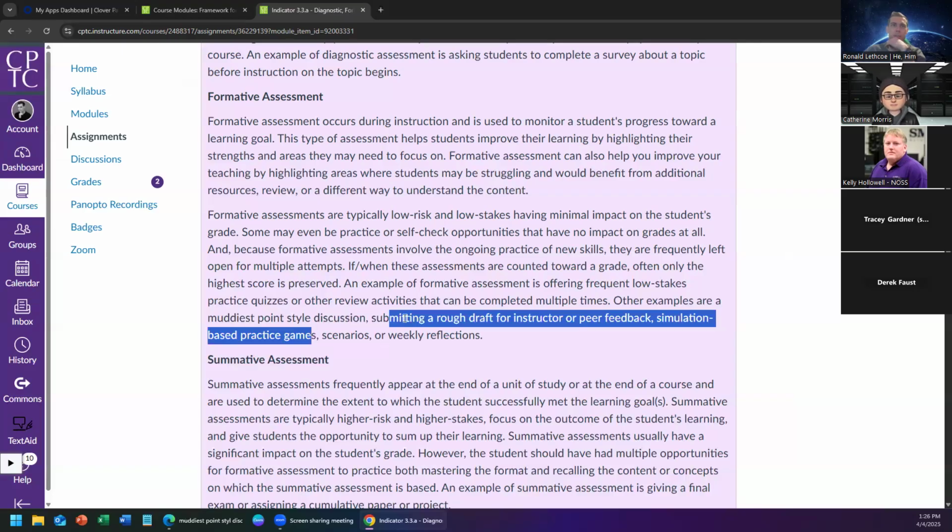Simulation-based practice games. So this one, does anybody do simulation-based practice games? I have some of those. Can you tell us about what you do? Yeah, so my simulation that came to mind was some virtual activities for high risk situations. For example, I teach transfusion medicine. So the MLT students are learning how to get blood ready for transfusion. So when you're first learning, there's